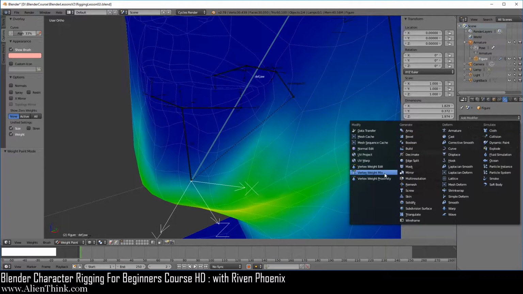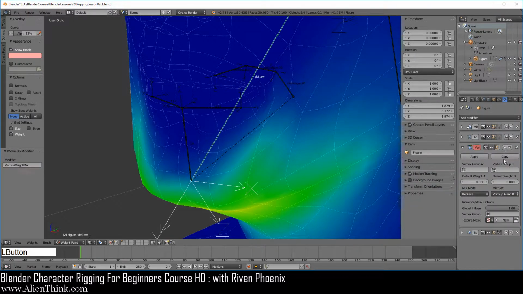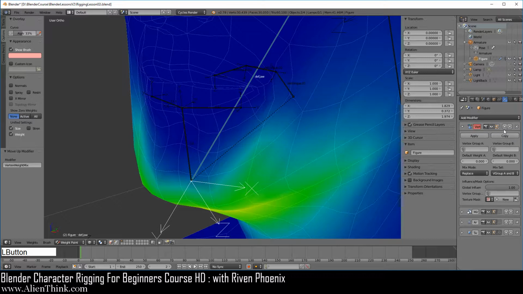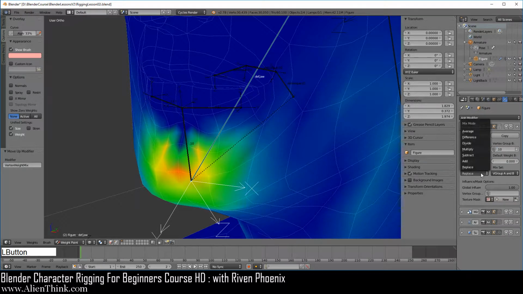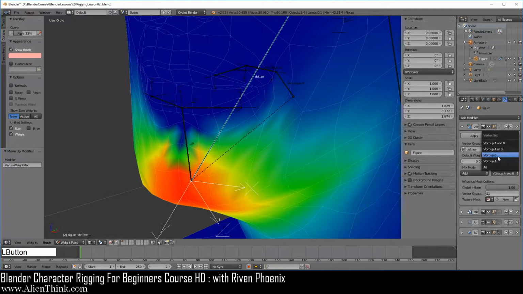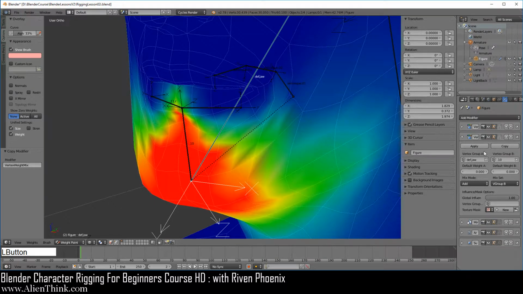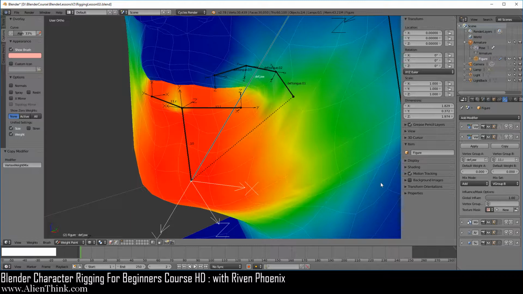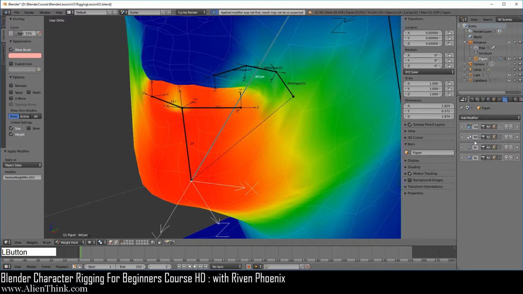Go ahead and click on vertex weight mix. Move this all the way up over here like this. Here I'm just going to type it in real quick, deform.jaw, and this should be 10, add. Now we have to do 11, so just click on copy over here, just switch to 11.L, should do the same thing, and make sure that this is add. Yep, go ahead and click on apply and apply.